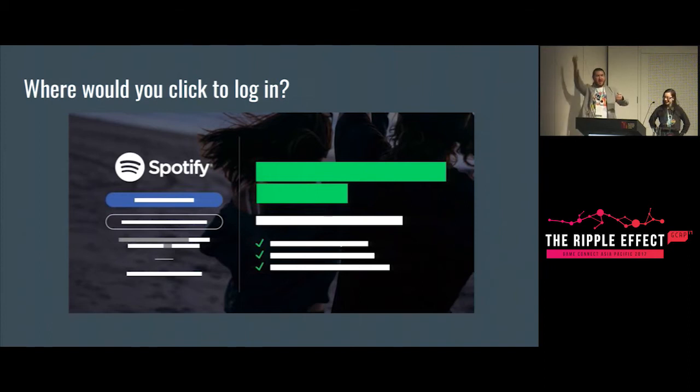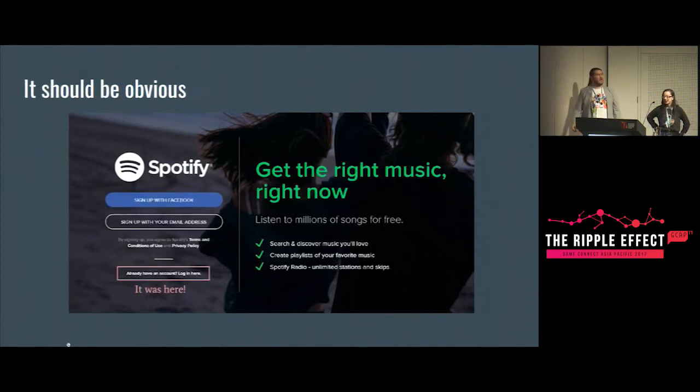Okay, keep your hand up if you guessed it. Keep your hand up if you don't use Spotify. No, if you guessed it right and don't use Spotify. Okay, there's a handful who are unfamiliar. But yeah, you can see already why this sucks, right?